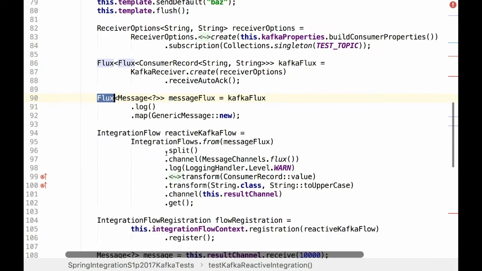And afterwards, we do some Spring Integration flow. Split is based on the message splitter, and in Spring Integration 5.0, we improved it to split a Flux. Before, we could split a list, array, or comma-delimited string, but right now we can split a Java 8 stream or any publisher.